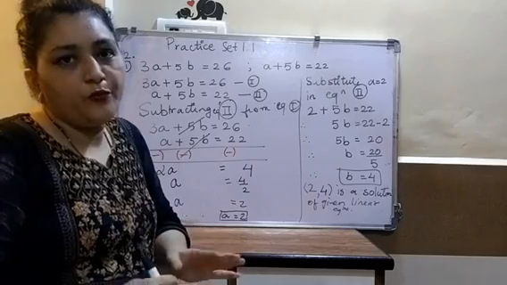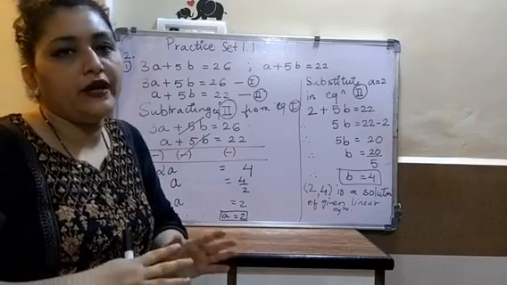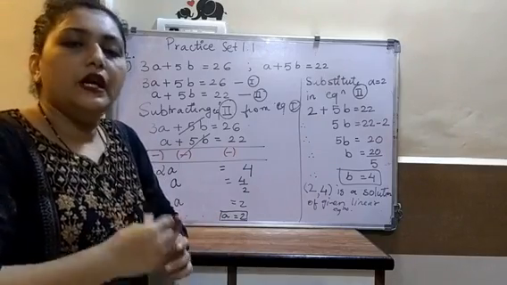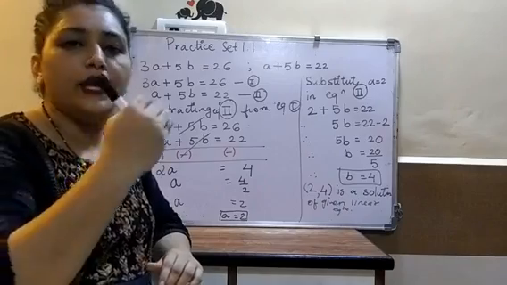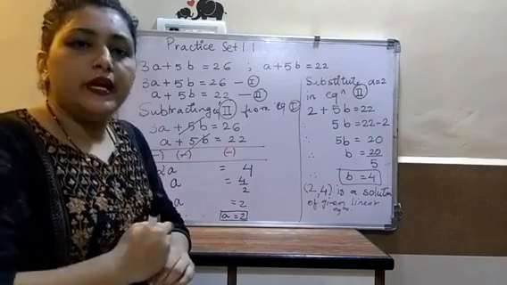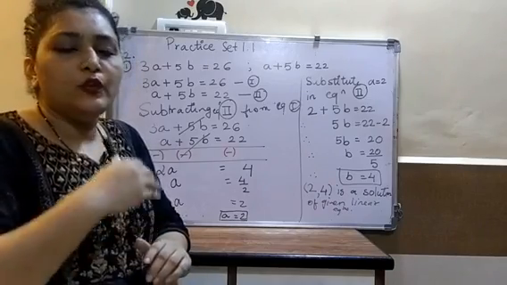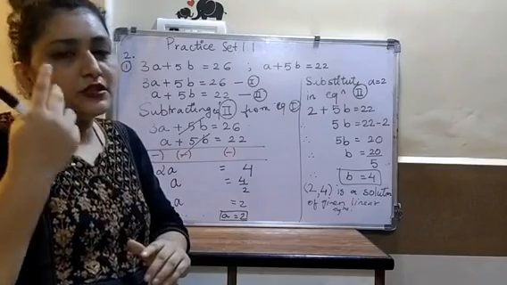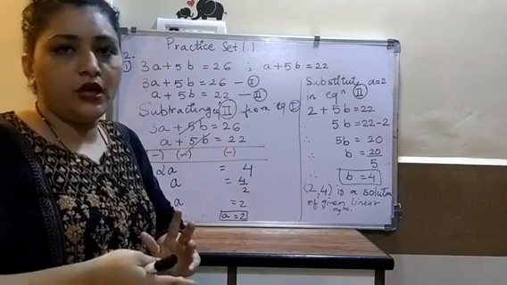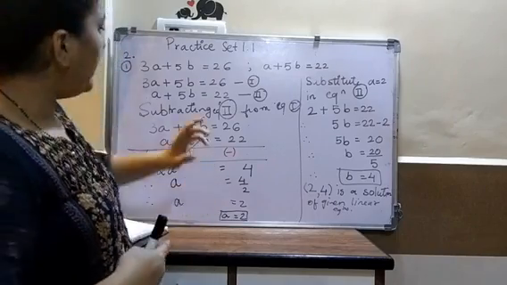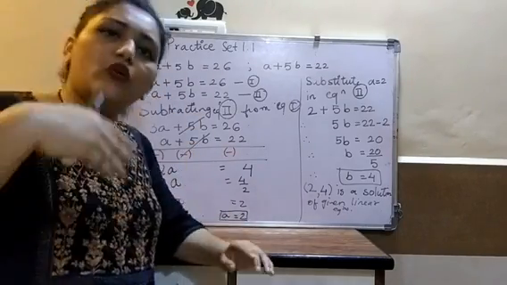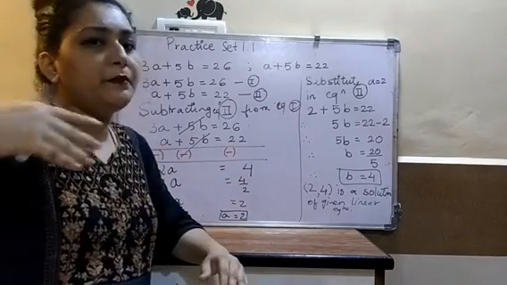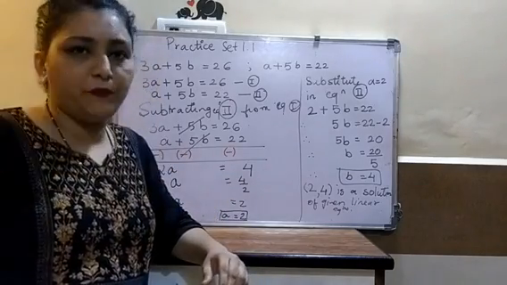Okay, I hope you all have understanding how I have solved this example. Again, I will tell you the steps. First, you will number your equations 1, 2. Okay, then what you will do? Then you will start with your steps. First step is to equate. Okay, equate means what? कोई भी एक coefficient को equal बनाओ. Okay, if that step is already given over there, then skip that. अगर वो already equal है ना तो उसको skip करो.